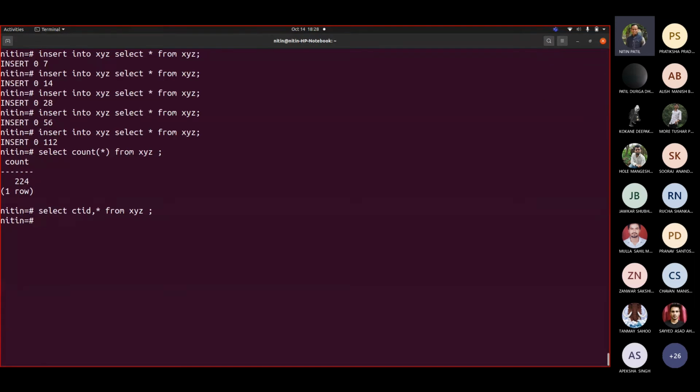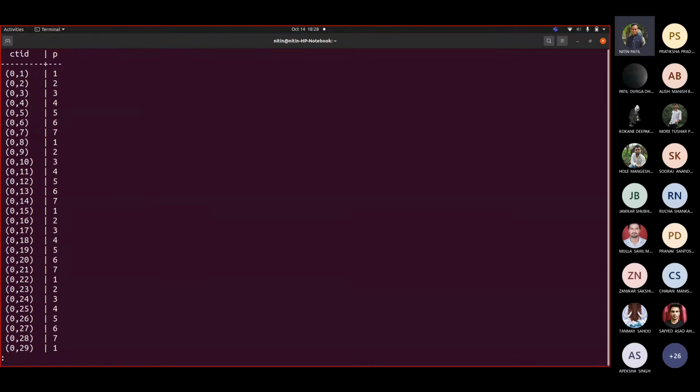So let me insert one more time. So my records are doubled now. Correct. So they would be nearly 448. Now again, the command select CTID, comma star from XYZ. Ultimately we will see how many records would be shown there, because we already had 2,4. Now I am inserting more records, the same records again repeated. So if I go below, when it reaches the last number that we saw, that was 2,4, correct? Let us go below.